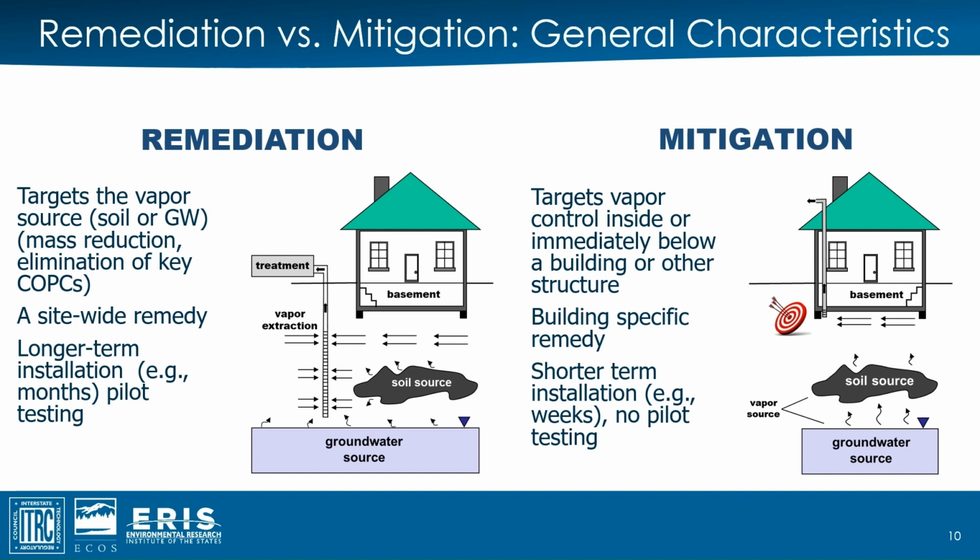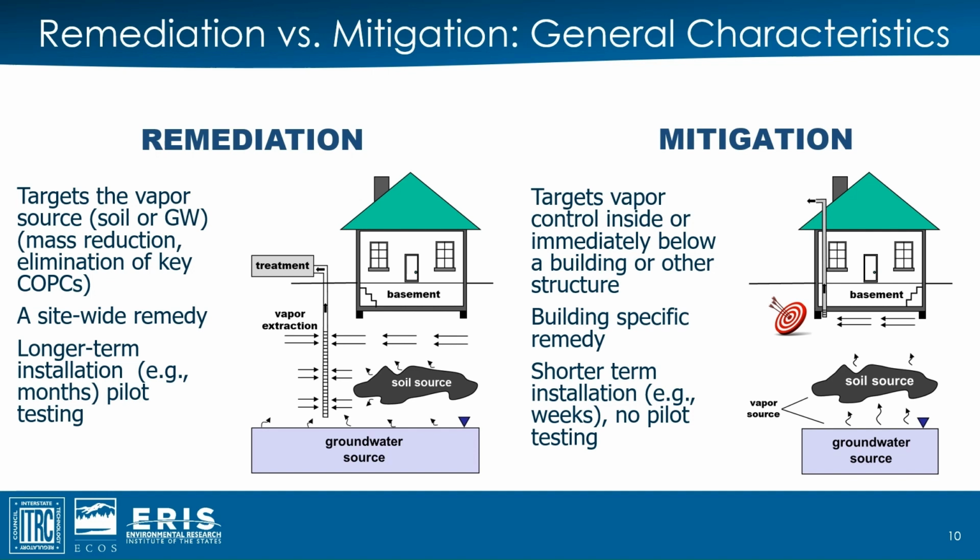When it comes to vapor control, there are two general options. Remediation, which targets the vapor source and is generally applied more regionally, or mitigation, which targets the building and is generally implemented in a shorter time frame. Although vapor extraction technologies are pictured here, remediation and mitigation can take on several forms. In general, remediation is preferred over mitigation for vapor control at petroleum vapor intrusion sites because it can eliminate the